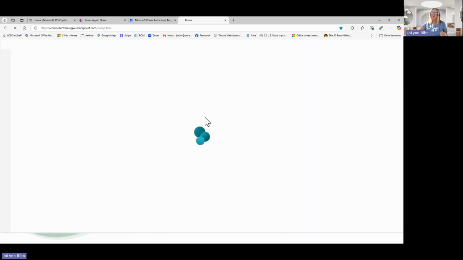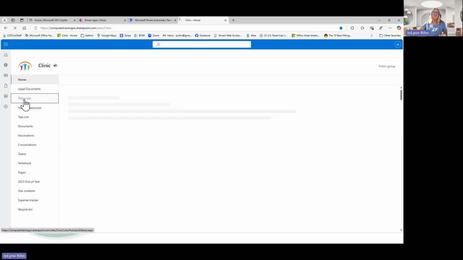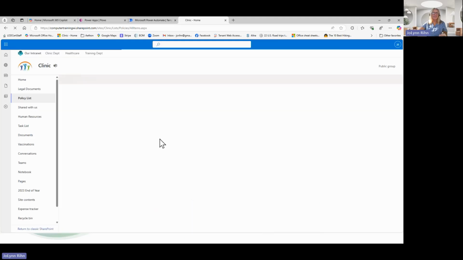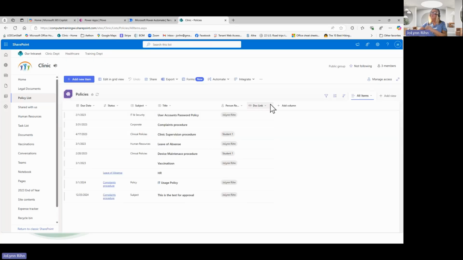Depending on what it is you're working with, on the left-hand side, I have this policy list. This policy list is actually in a Microsoft list. So just to give you an idea, a lot of times I go straight to the list to create the workflow. Okay, so the menu going across the top has this automate. This is going to be one thing that I could do. I could go to automate. I could set a reminder, or I could go into rules and create a new rule, which would create that workflow, or I can configure approvals.